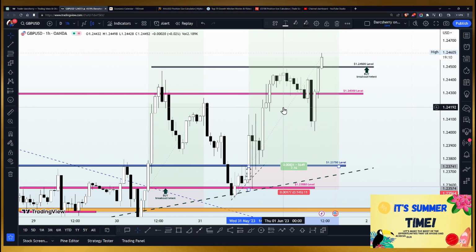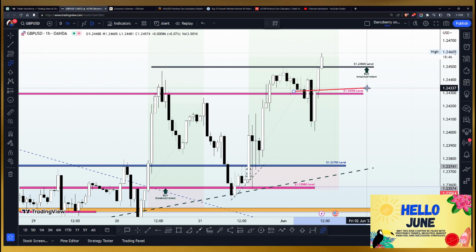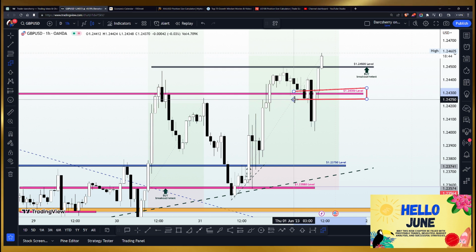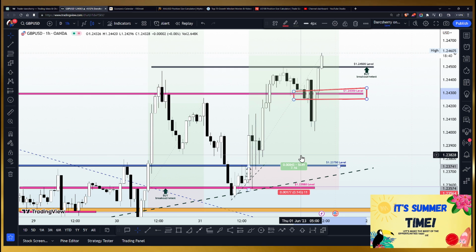So if you still have a buy position at this point in time, the next thing you want to do, you know how we do it here. We want to ensure that we secure the current buy positions by moving all our stop losses on all buy positions here to a certain level to secure the current position. And from the look of things here, I am suggesting that anywhere around or below the 1.234-24300 area seems most appropriate to move all stop losses to at this point.